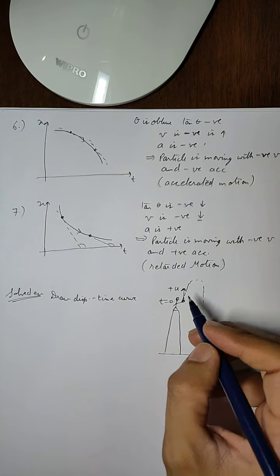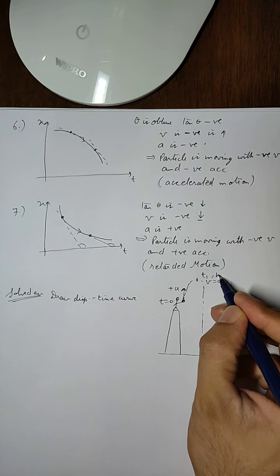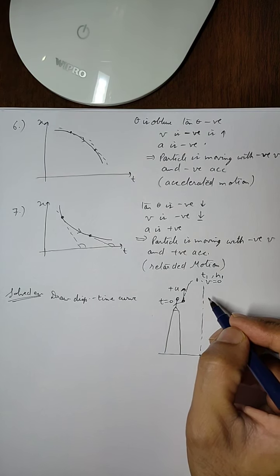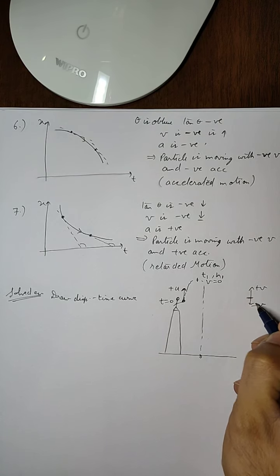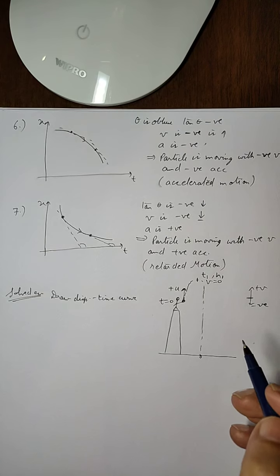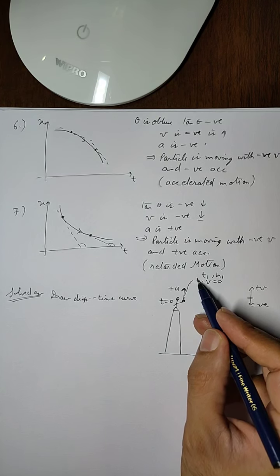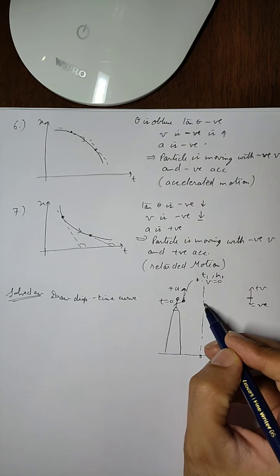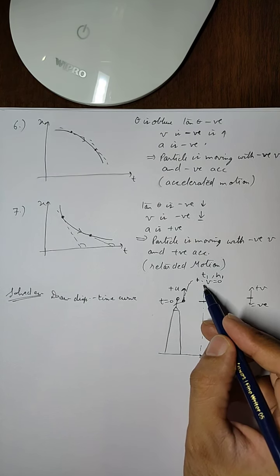Now the ball is going to go up in the upward direction, and at some time it will reach the maximum height. Let us say it reaches the maximum height at t1, where its final velocity becomes 0, and let us say that this height is h1, and the upward direction is positive and the downward direction is negative. I'll draw it here. Now when the ball goes up, reaches the maximum height, it will also come down, and at some point it is again going to cross its starting position.